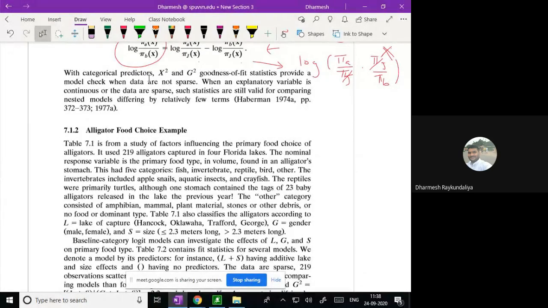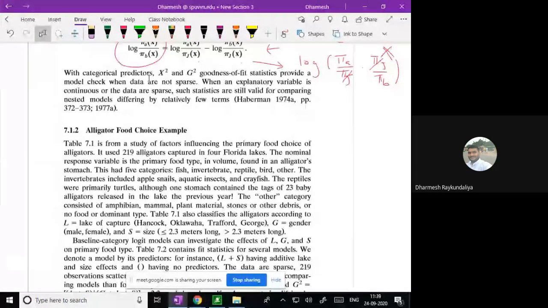Is it necessary that I always keep the last category as the reference category? No, but we usually keep it, but it is up to the users. If you wish to study the new treatment compared to the existing one, then you have to put the existing one as the reference category, because compared to the existing, you have to take the decision.